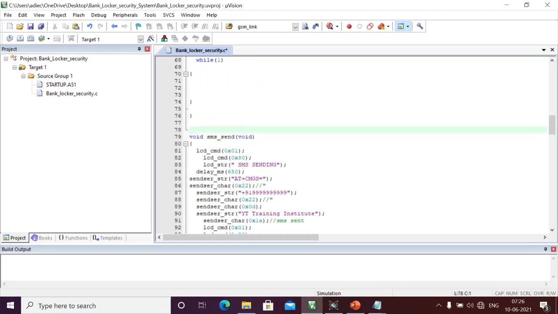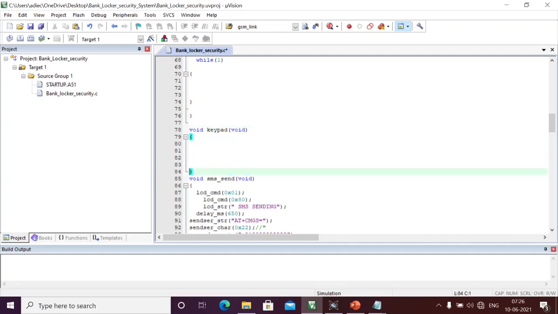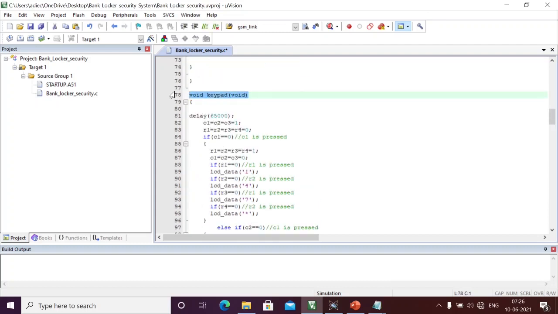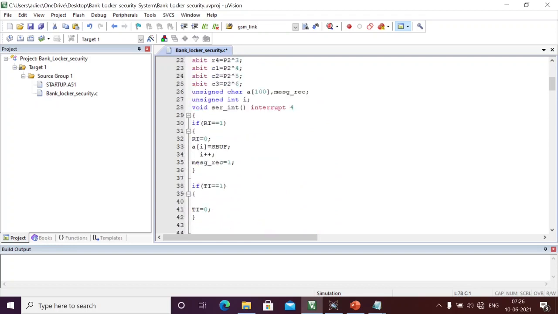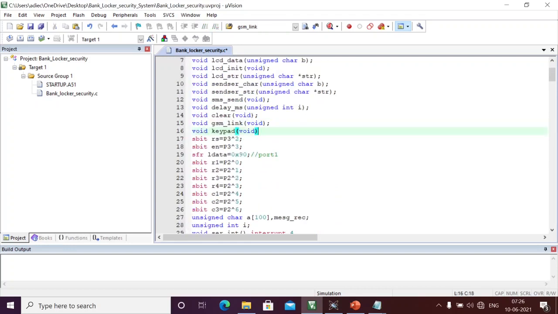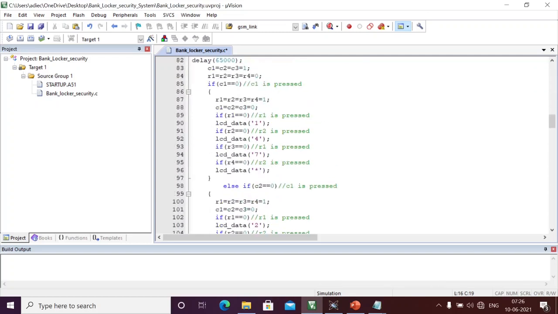Here I'm going to write one more function, void keypad. This is the definition of the function, and in a similar way we should also declare it at the top. At the start we have many functions declared, and here we have defined the program.